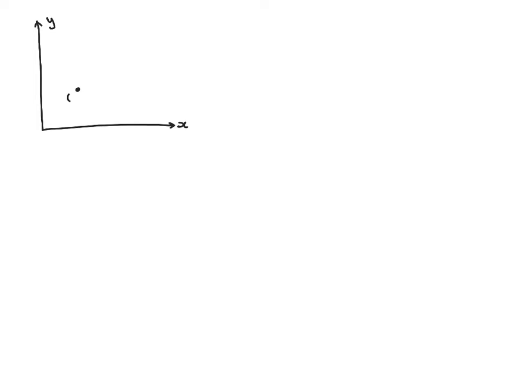Let's say this point is (x, y). And if we want this point to dilate, or move away from the y-axis, let's say we move it away in such a way that the old point becomes this new point. It's being factored away by k